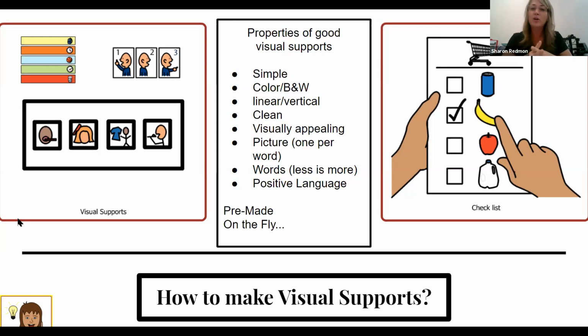Color or black and white, sometimes it just depends on what you have access to. What can you print out? Do you have access to a color printer? Can you only print in black and white? And if you can only print in black and white, I would rather have black and white pictures and visual supports than nothing at all. So it doesn't need to be in color. But if you feel like you need some color on there, when I've had restrictions as far as color printing, I've taken out the Crayola markers and I've put some color in, and that works just as